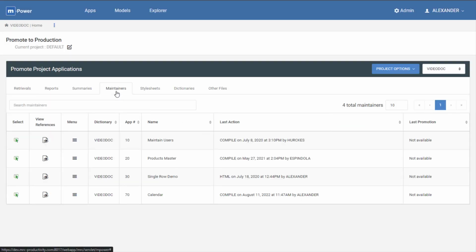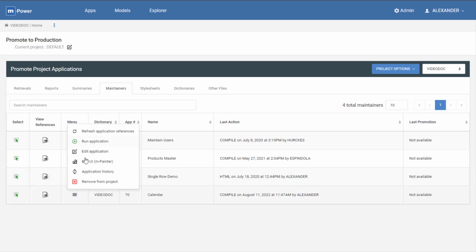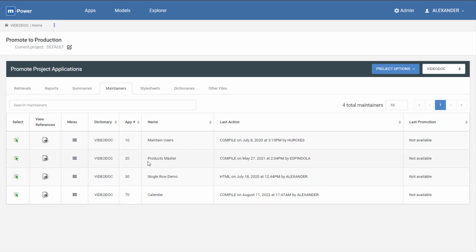Once we come back here into the project listing, we can see our maintainers that I've just selected. A very useful tool for this utility is the ability to view references for these different applications. This means that we can see any other applications that are being used in this application. For example, things like option list drop-downs or smart links or other applications maybe used in workflow can be added